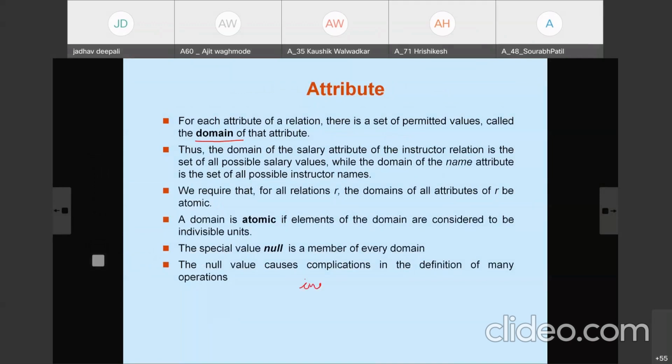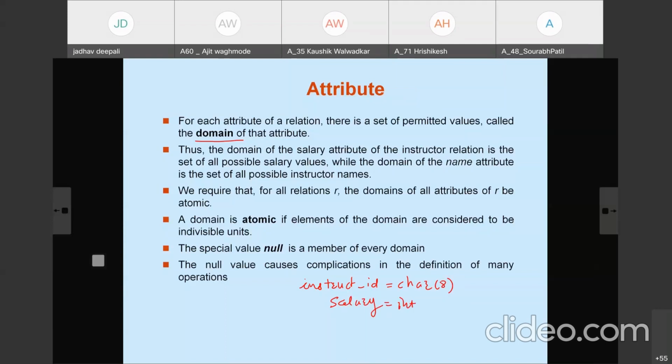When we consider the instructor ID, it is a character of size, suppose, 8. So it is a set of values of size 8 characters. When we consider salary, it is an integer. So whenever we insert a value, only integer values are permitted here.